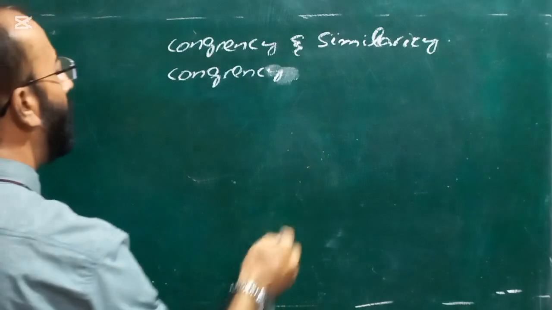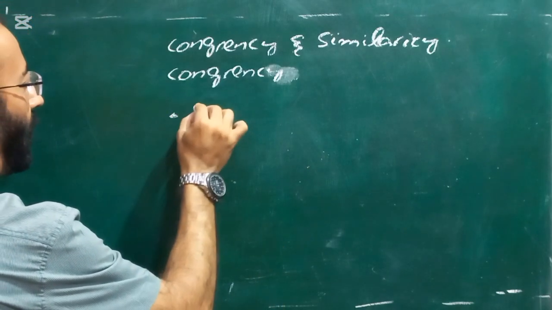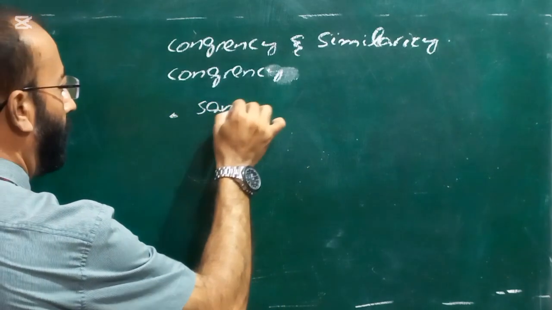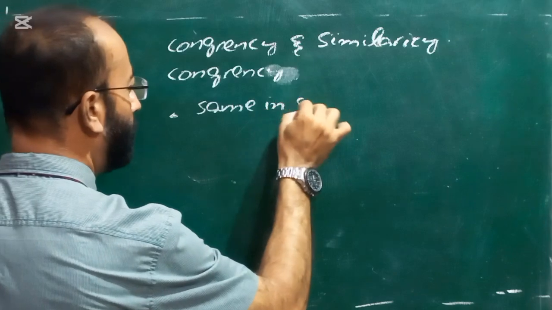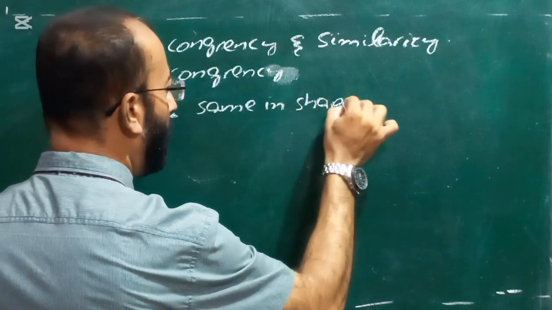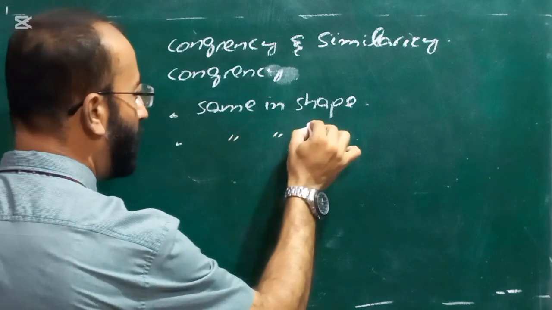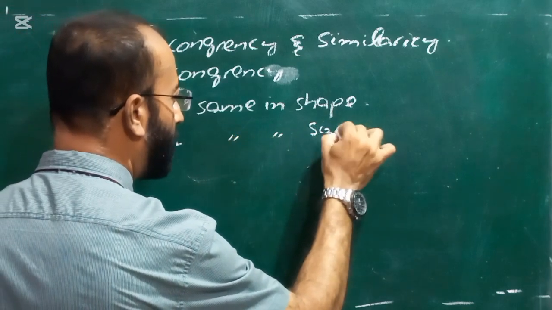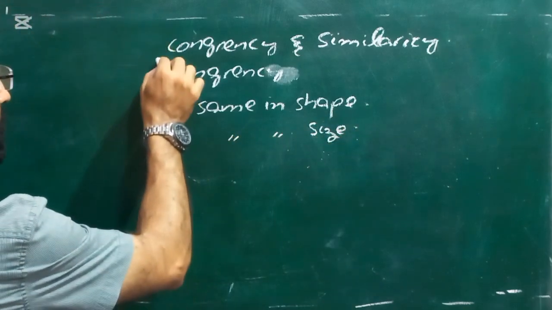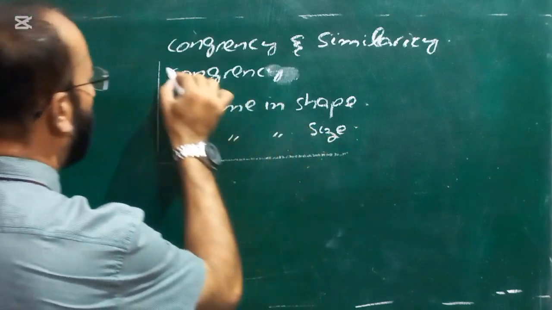So look now. If the figures are same in shape, and number two, in size, same in shape and same in size, then the figures will be called congruent